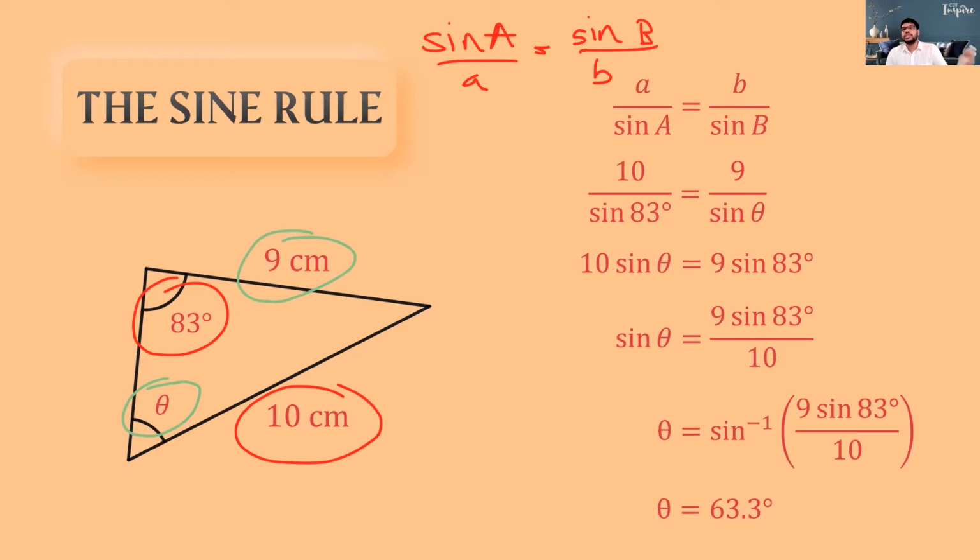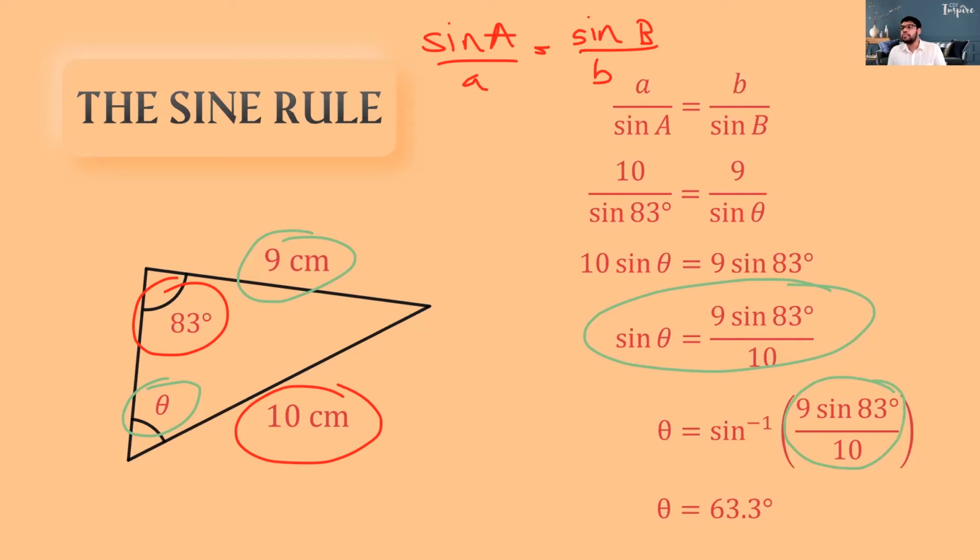You can use the formula that I have given, or the formula that Dilani teacher said. They're both the same, children. You will get the same answer. Either way, you will end up with this step. Once you get to this point, children, you know that if you have sine theta equals something, to find theta, you take sine inverse of the something. So to get theta, we take sine inverse of this part here.